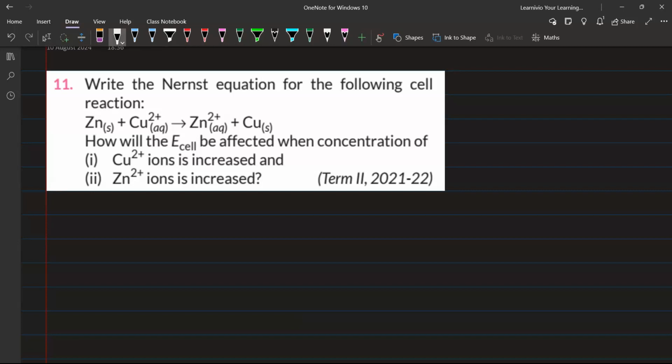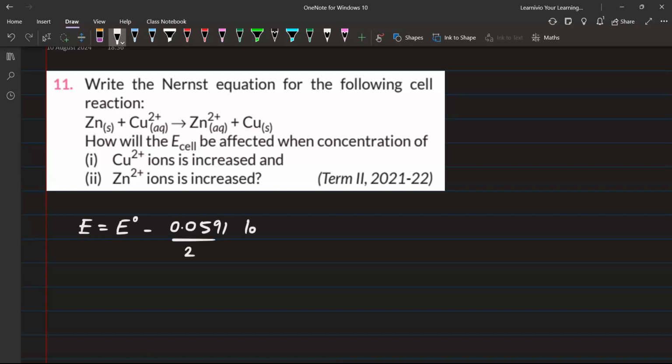ठीक है। See, write the Nernst equation for the following. So first of all, we will write the Nernst equation. And we have discussed in the previous lecture that the Nernst equation is always written for a balanced chemical reaction. Now this chemical reaction is balanced. I will write E is equal to E naught minus 0.0591 divided by